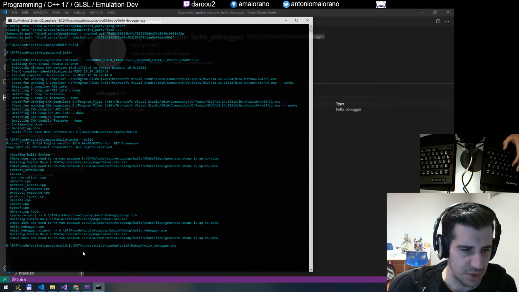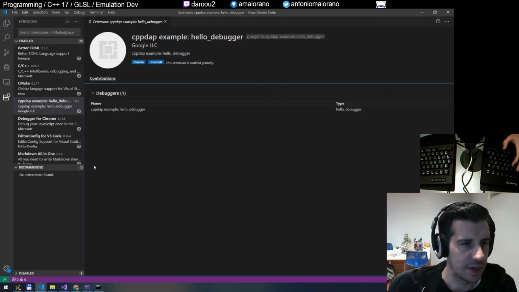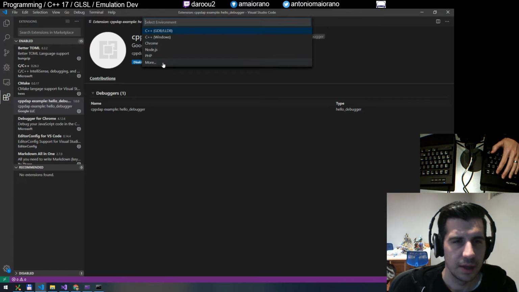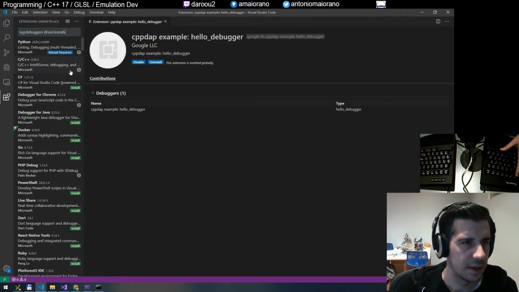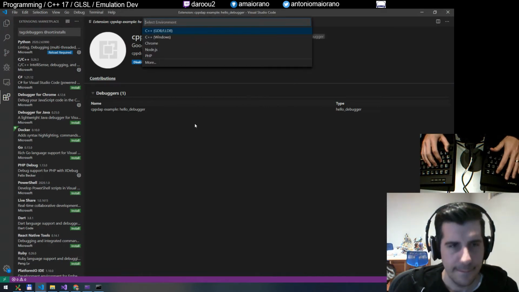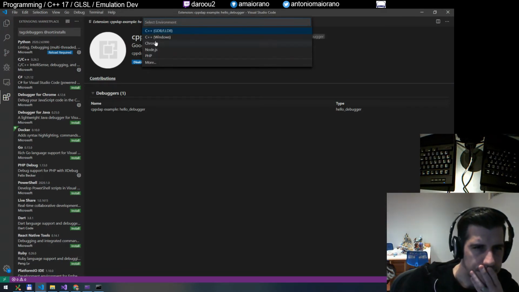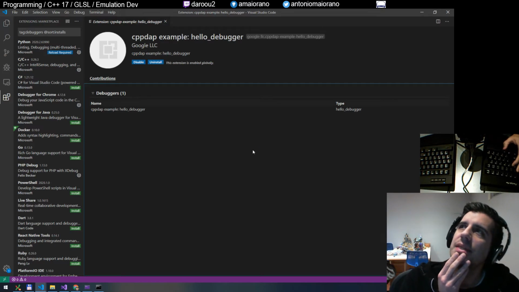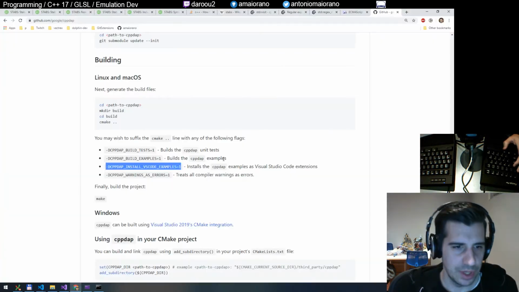Okay, so this is running. It's waiting now for VS Code to connect to it. So how does that work again? I think I have to do debug. Don't remember how to do this. Okay, this guy's running. Oh yes, yes. Basically, I want to, yeah, there's a way to say to attach to the,